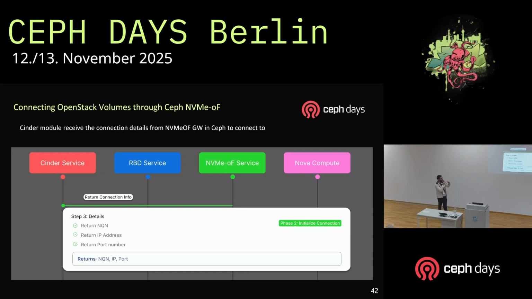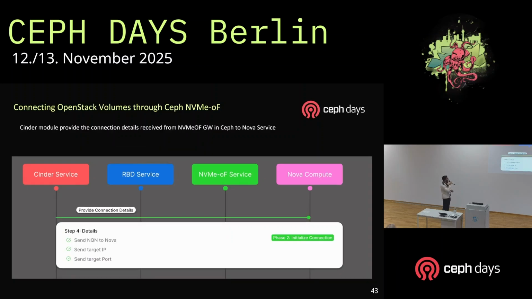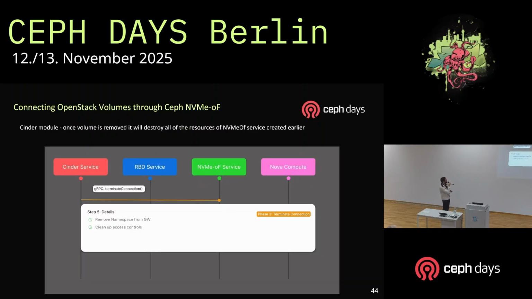And till here, the volume is created. But when we try to attach the volume to any virtual machine, it sends all the details to the Nova Compute service, and that will attach the volume to the node and inside the virtual machine also. And finally, when the connection is terminated,